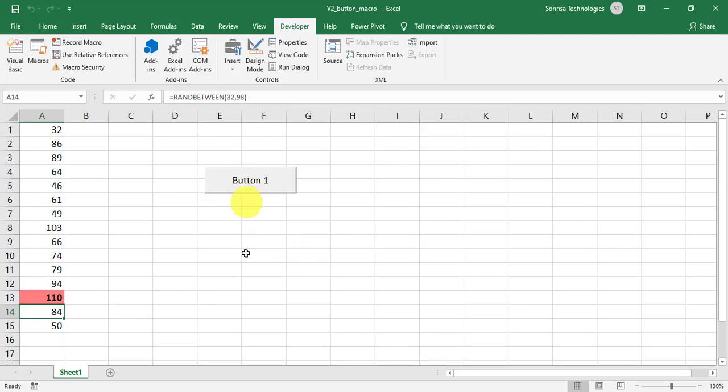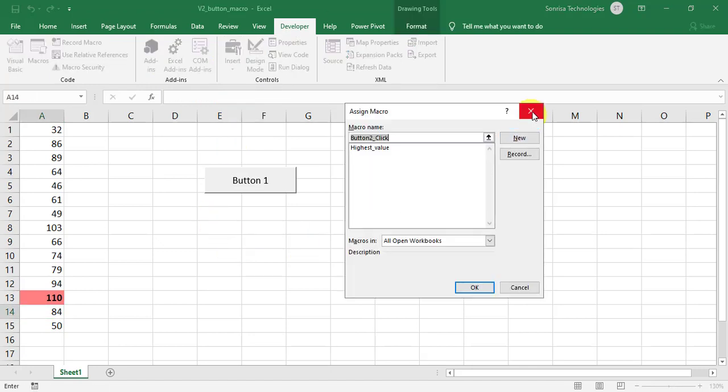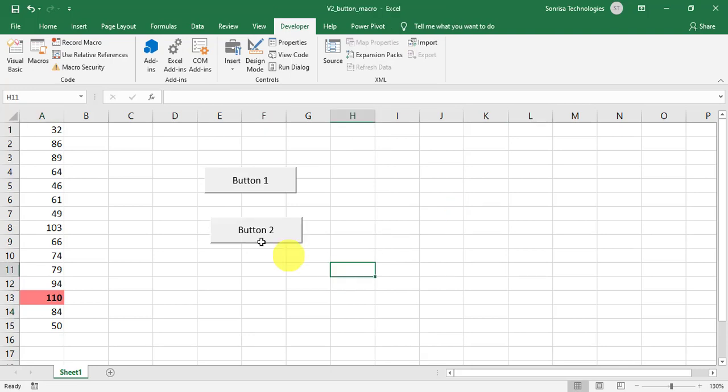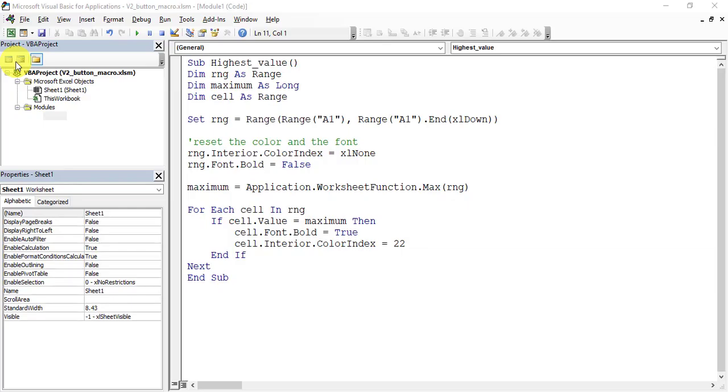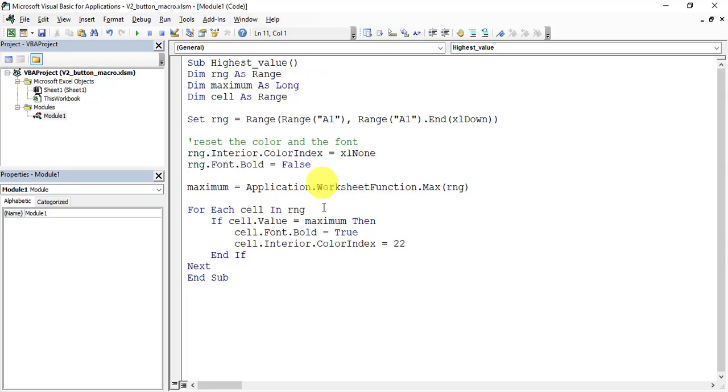Suppose you have a button without any macro attached to it, for example, like this. So there are no macros in this, but you already have your set of codes in the module.